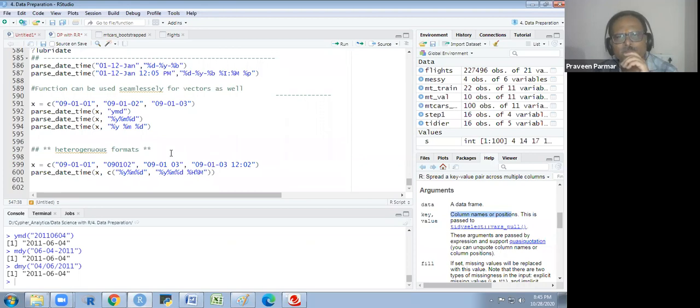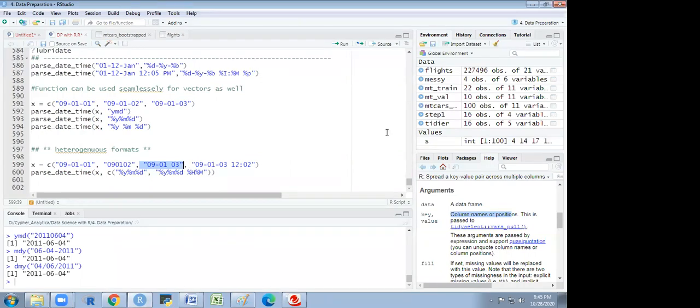You see here, I have given different patterns. Got it? Yes, sir.